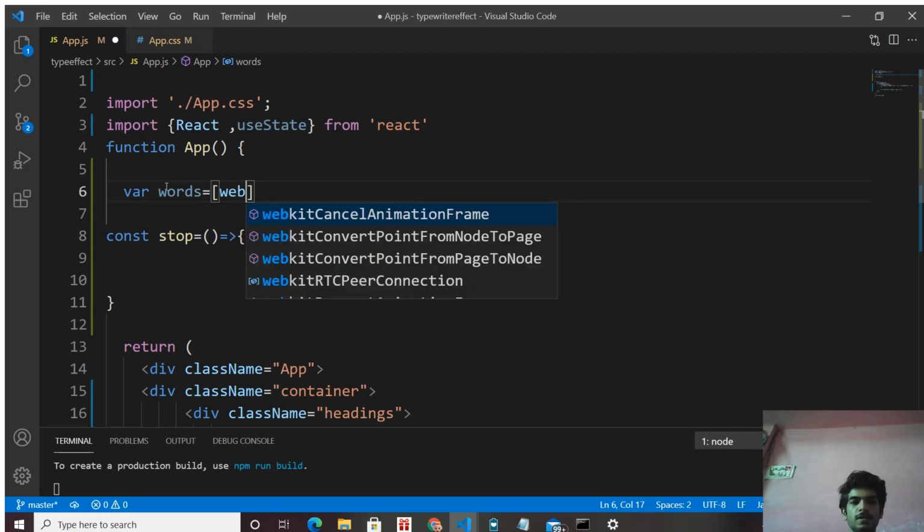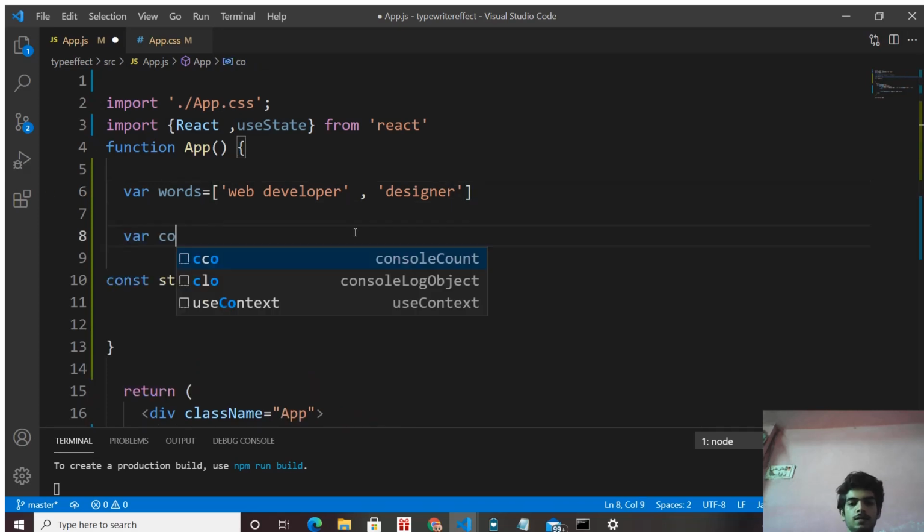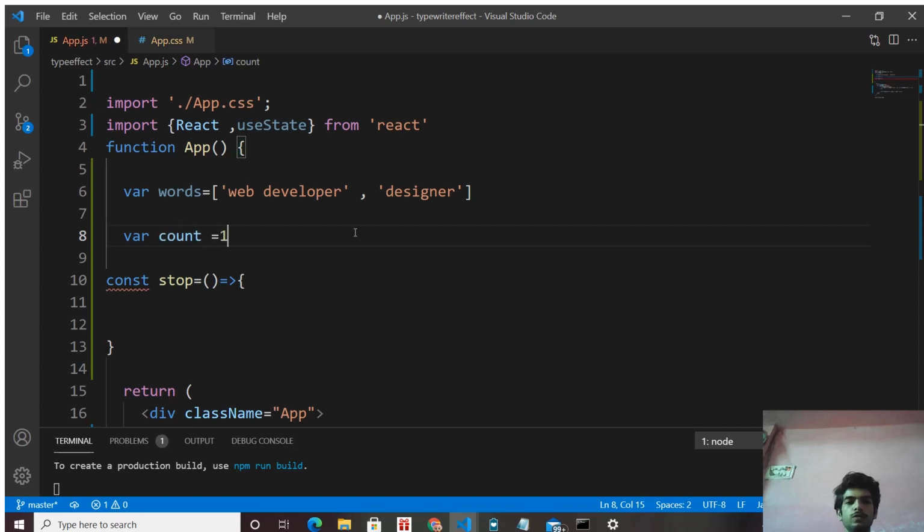The first is web developer, and the second is designer. Create another variable count whose value is 1.